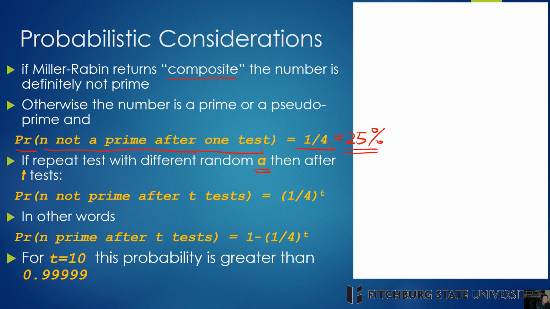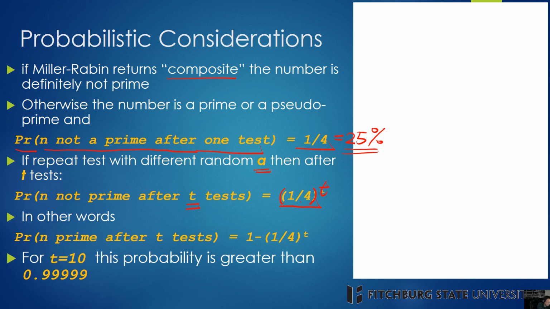And then we try a third test and a fourth test. We continue to apply the Miller-Rabin test. If all the tests return maybe prime, then the probability that n is not a prime after, let's say, t tests is only 1/4